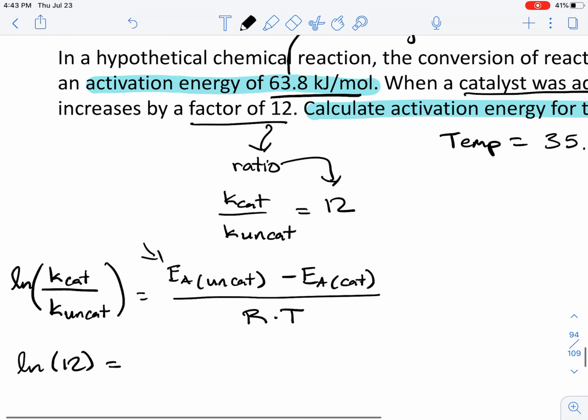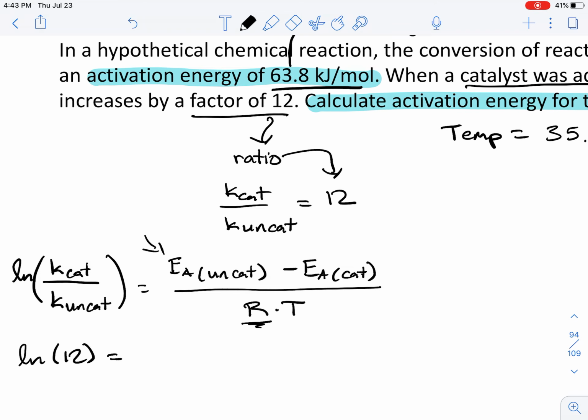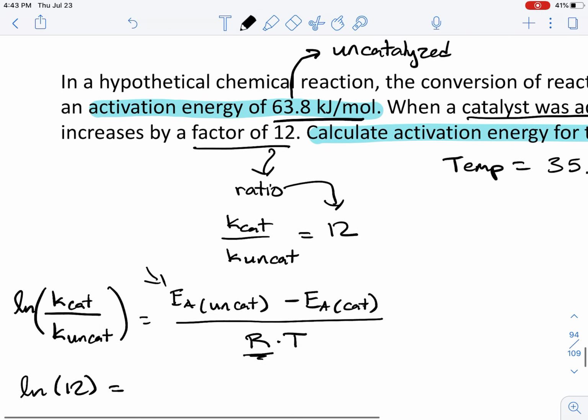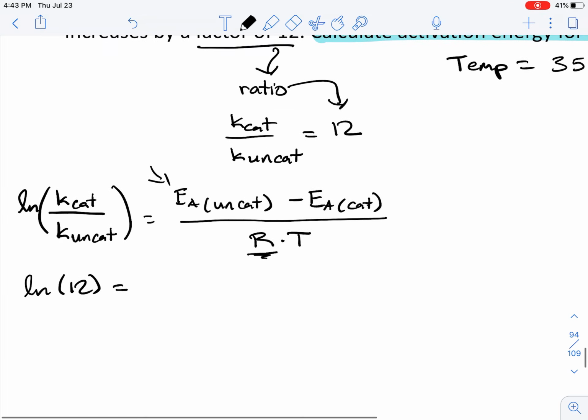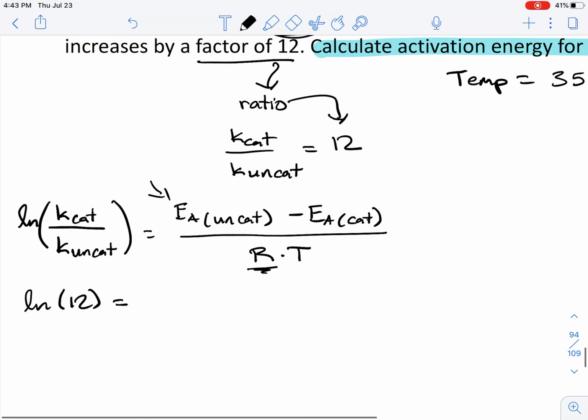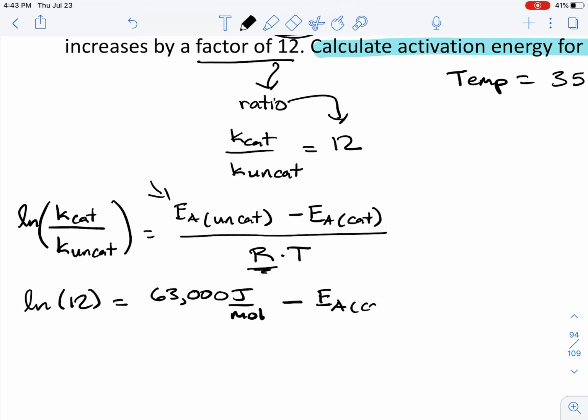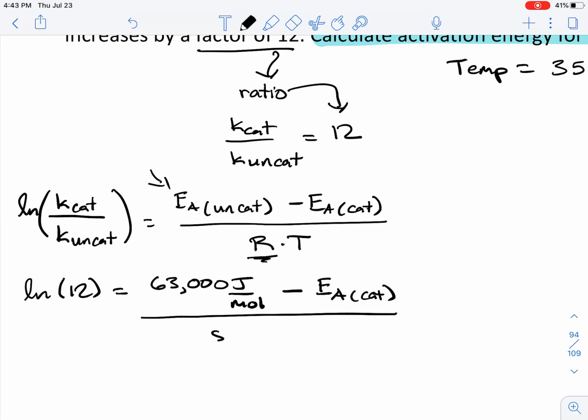63.8 kilojoules per mole. And remember, R is in units of joules per mole, so I'm just going to simply multiply this number by 1,000. So I have 63,800 joules per mole minus the activation energy for the catalyzed reaction, which is unknown and what we're trying to solve for. And I'm going to go ahead and divide this by 8.314 joules per mole Kelvin